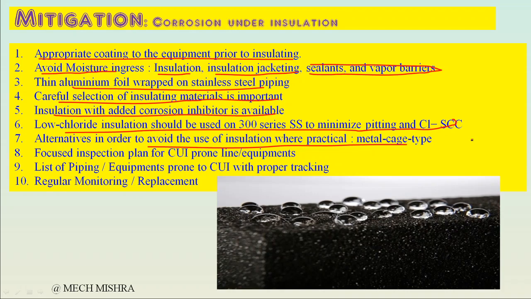So we need to review whether they really require insulation. If not, we can remove the insulation permanently. And in some areas insulation is provided for personnel protection because of the heat, for safety purposes, so we can remove that insulation as well and provide metal cages,